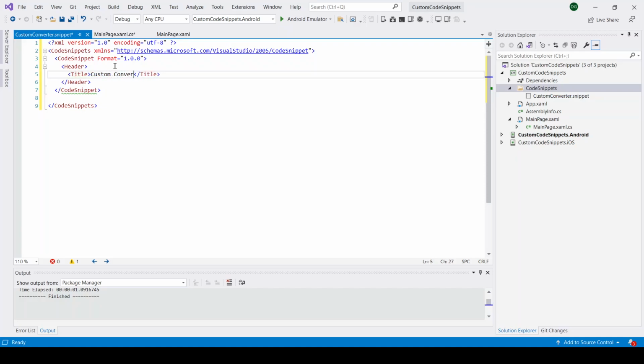With the description tag, we can give a description of our snippet. Here I am giving "creating custom converter". And we need to give a shortcut code for our code snippet. Here I am giving CCC.